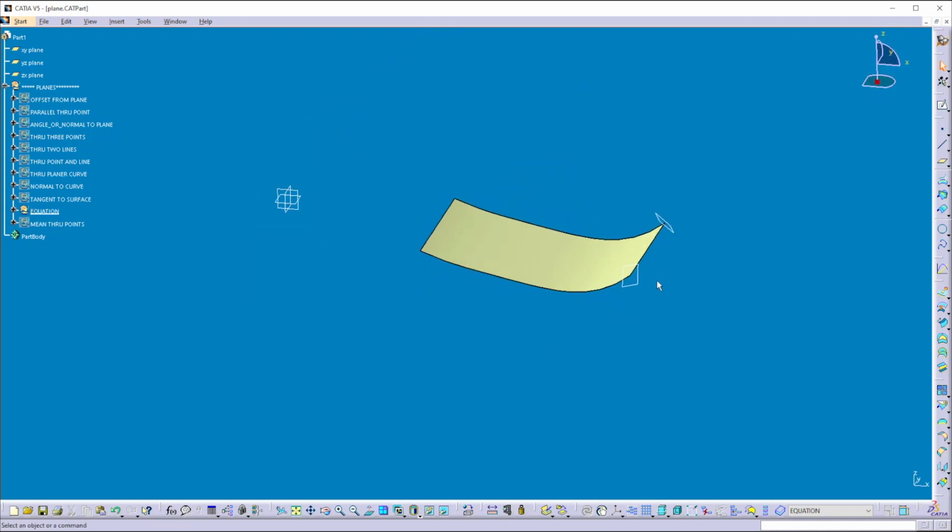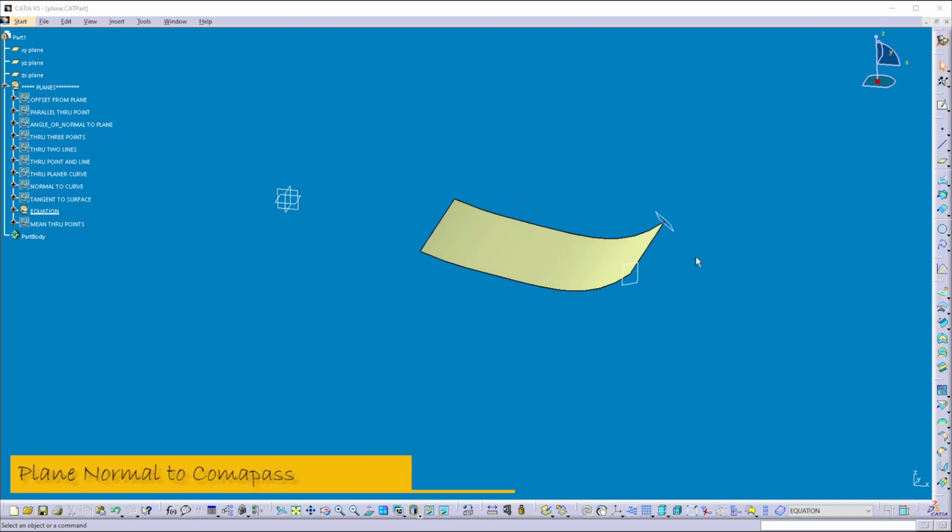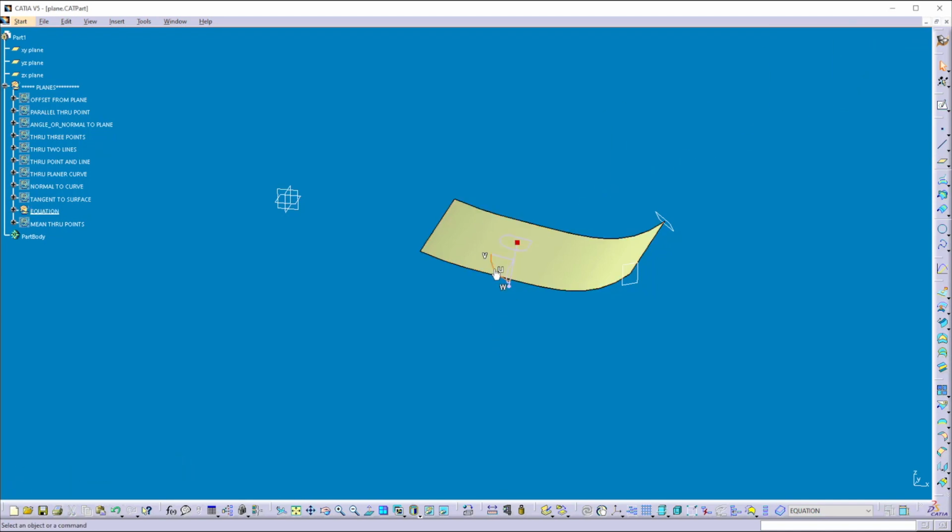Now the next thing, you can also create a plane by using the compass. So drag this compass on the object and now you can orient this compass at the required direction. Now I can create a plane which is perpendicular to this W direction.